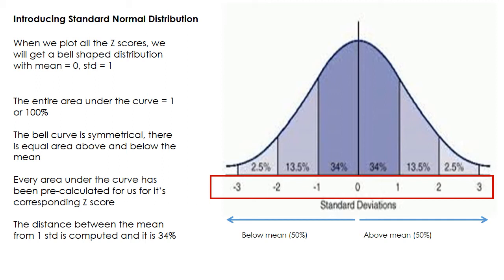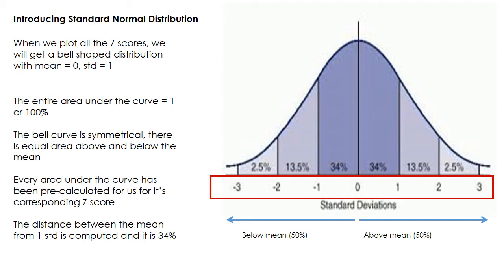So the best part of this standard normal distribution is that it is symmetrical. What do we mean by symmetrical? Meaning the size of the area under the curve below the mean and above the mean is equivalent. That's why below the mean is -1, -2, -3. Above is 1, 2, 3. So the standard deviation is the same. The distance is the same. One is below, so it is denoted with a negative. One is above. So basically the distances are the same.